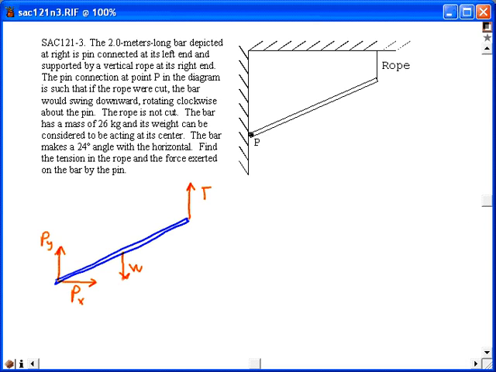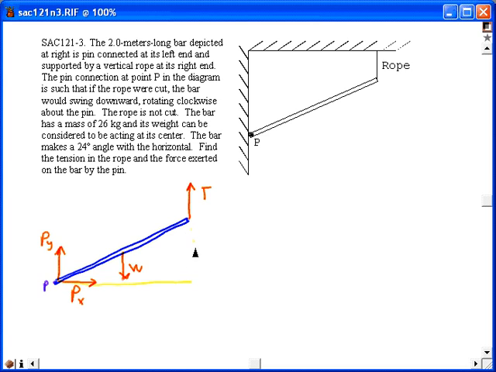Now we're going to set the net force on this object equal to 0 in both the upward and the downward directions, and the net torque, I'll calculate the torque about what I'll call point P. Because I've got two forces acting through that, they will make no contribution to the torque. So they'll be pretty easy to deal with. When I go to get the torques due to the other forces, like W, I'm going to need the moment arm. So let's indicate